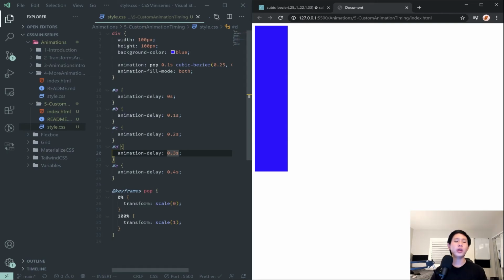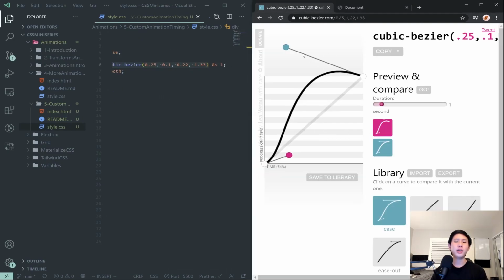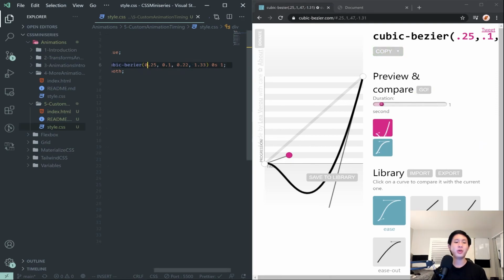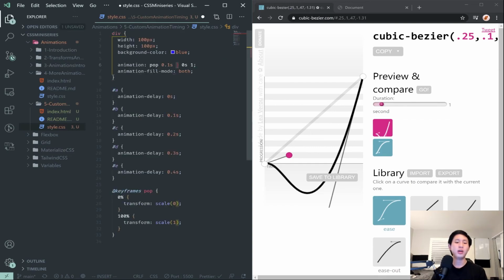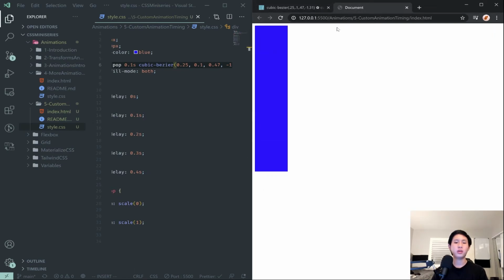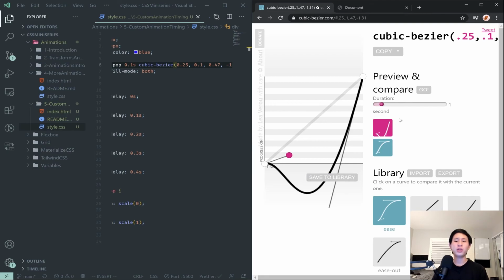And I guess I took away a little bit from the focus of this video, which was this cubic bezier thing. And it really is cool because you can create all sorts of little weird things. Like if we wanted to use this cubic bezier, let's see what would happen. I think it wouldn't exactly work because you can't go to negative scale. Well, you can, but let's see what this ends up looking like. Huh. So yeah, it looks really weird,